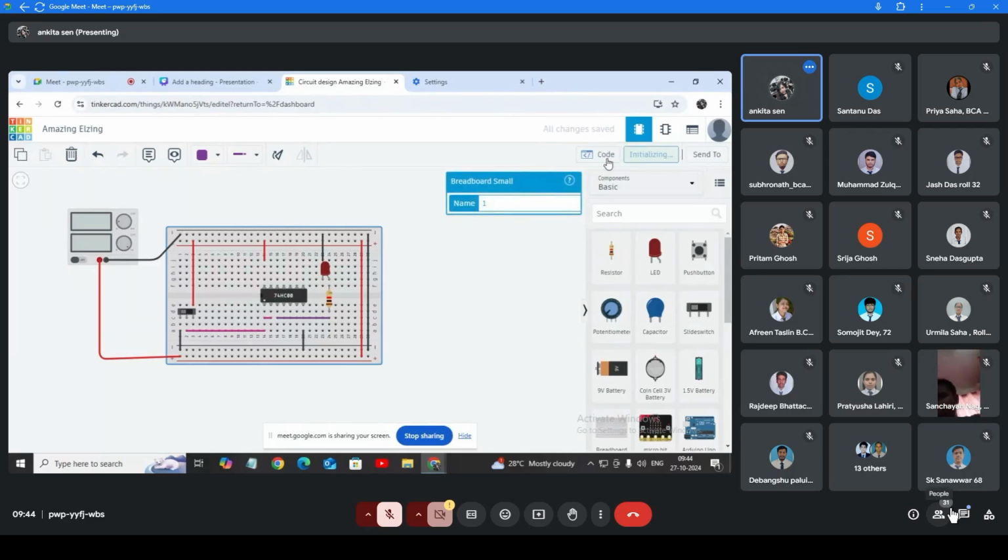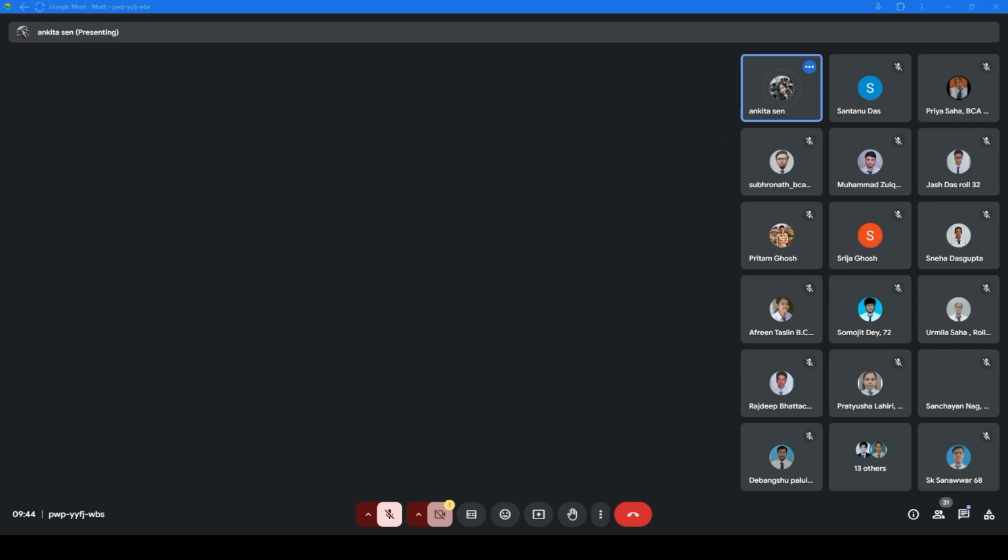Did you understand? This is a default off state. When the switch is in the on state, the light is off. The vice versa condition. Did you understand? This is the whole thing we have constructed here.